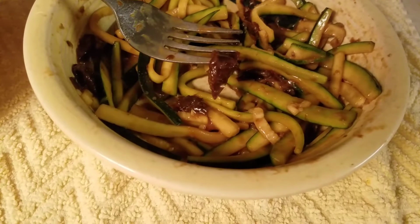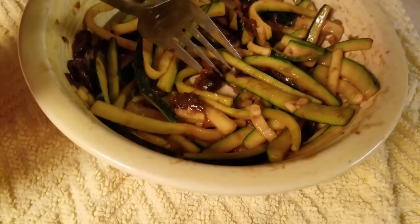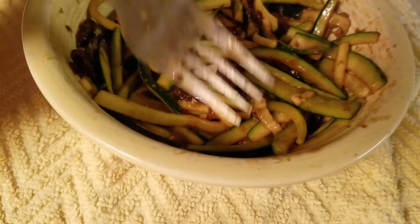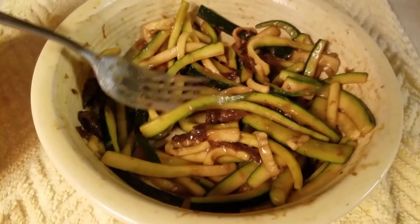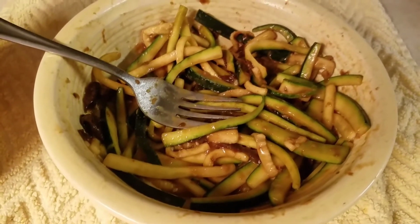Because they're sticky and they're soft, but I cut it as thin as I could. So you mix your prune strips with your zucchini strips. And then you make your dressing. And your dressing is a simple